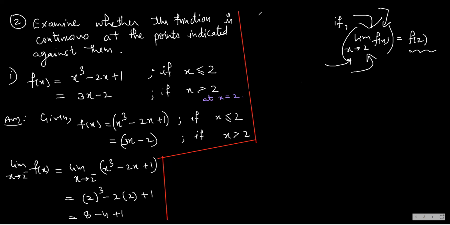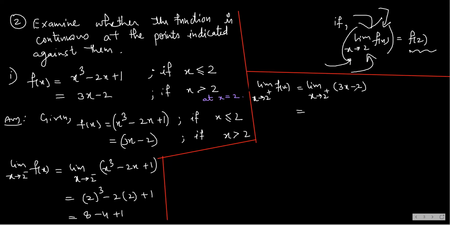Okay. Now, next, what will I do? Very simple. I will now go for the right hand limit. I will find out limit f of x when x tends to 2 positive. When x is approaching 2 from right, the function is 3x minus 2. So that is 3 into 2 minus 2, that is 6